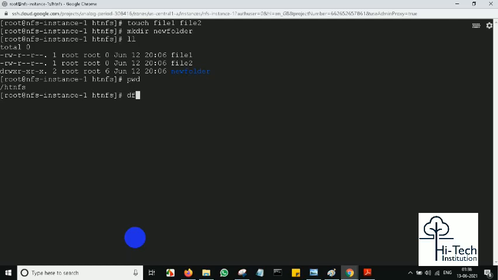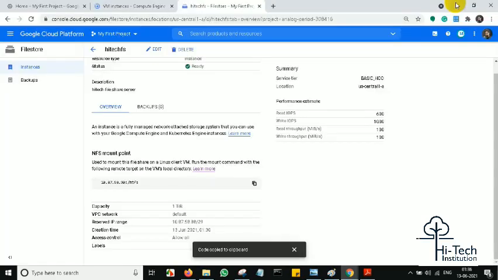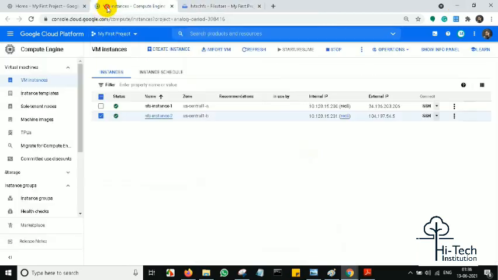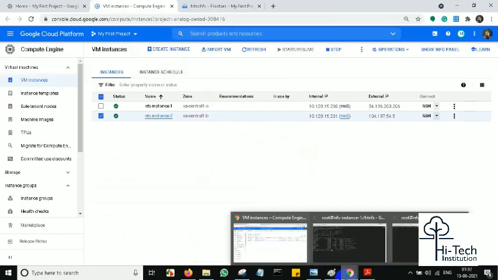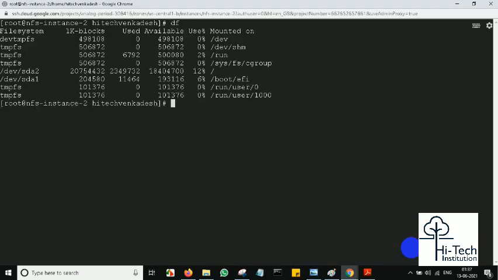Okay, yes, so this is what I'm doing now. The same I'm going to check on my second server, which can be connected after mounting. So see, I'll come to another VM instance. Just before, I have done this on instance 1, now I'm coming to instance 2. In this instance 2, I can list out the file system. First of all, you can see there is no file system of our created high-tech file store. So now I'm going to connect our GCP cloud file store.